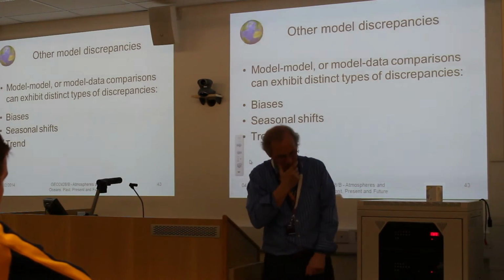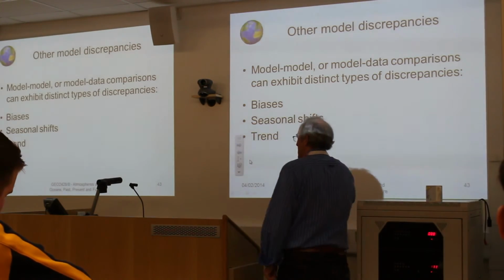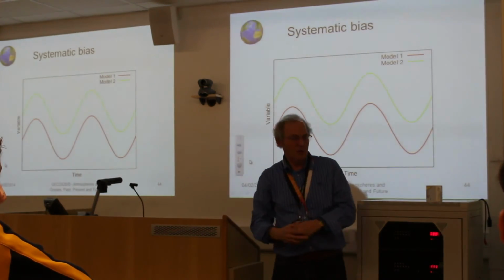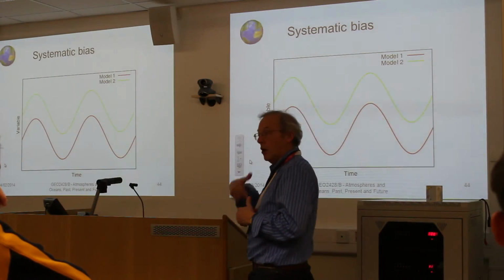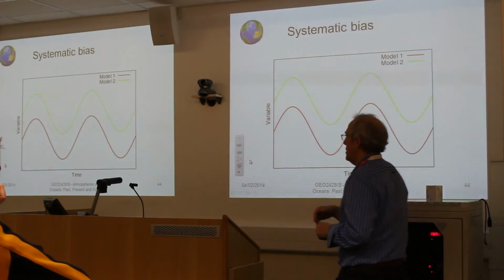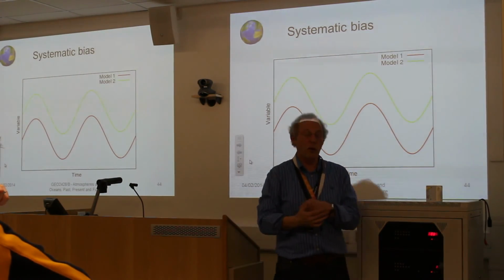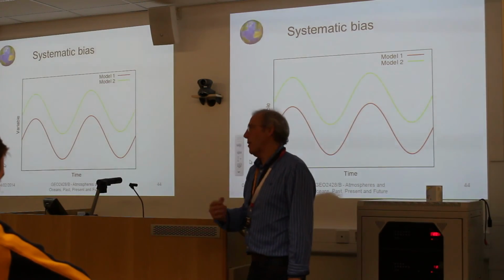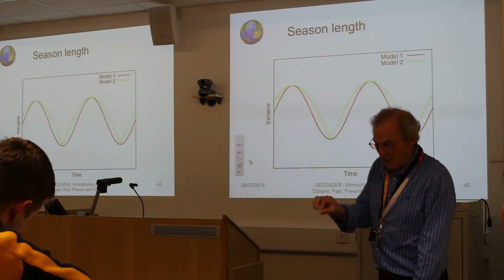So, biases and inconsistencies, there are plenty between models, between model and data. Just quickly, I'm not going to go into these in any detail. Some models over-predict. Some models always end up with the warmer end of the spectrum. They'll always give you temperatures in excess, or will under-predict. And there is this regular systematic bias between different models. That is clearly obvious in certain of the models and the way the models run. So if you're a modeller, you know that the Chinese model always under-predicts the amount of sea ice loss or something like that. That's because of the nature of the parameters used and the nature of the way the model is run. Within the model, season length is also an